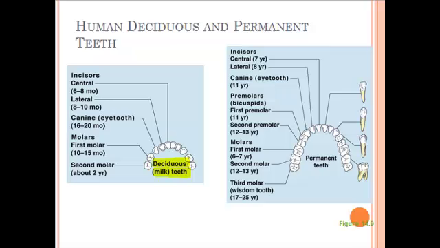But there's four basic types of teeth. There's incisors, there's canines, there's what we call premolars, and then there's molars. And these different teeth have different functions, and you can tell by their size and their shape what their job really is. So incisors, in humans we have